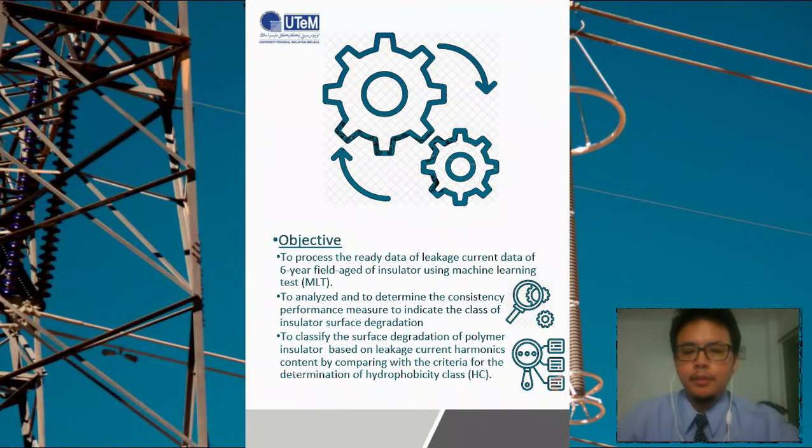Okay, the main aim of this project is to propose a systematic and effective methodology to estimate the surface degradation of leakage current harmonics on 6-year field edge polymer insulator. Specifically, the objective for this project is to process the ready data of leakage current data of a 6-year field